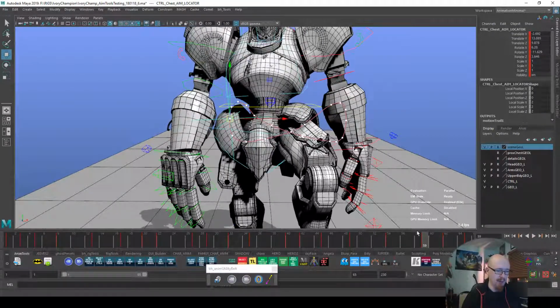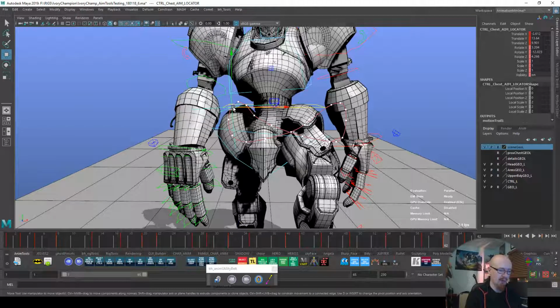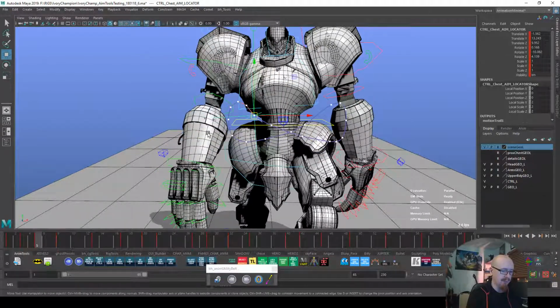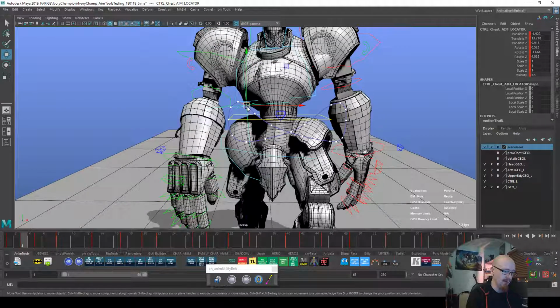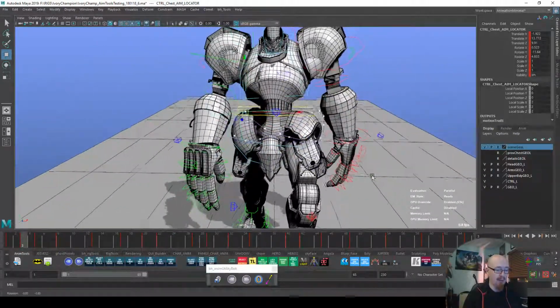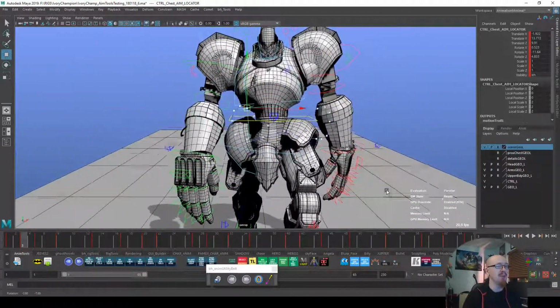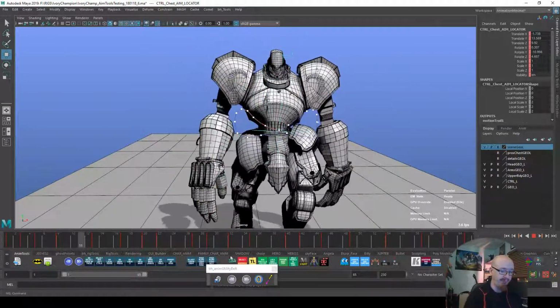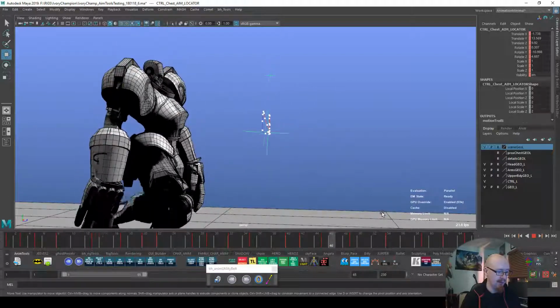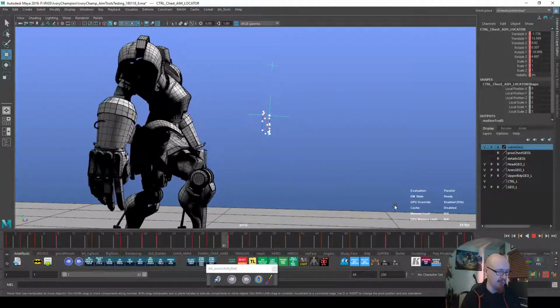Sometimes it can be hard to go back because of different nodes in a new version that aren't in old versions, and it'll just keep giving errors when you load it. I tend to err on the side of caution and work in an old version of Maya for rigging. But I try to use the latest one for animation most of the time because it's usually the best one, generally speaking. It can sometimes be the most crashy one, but